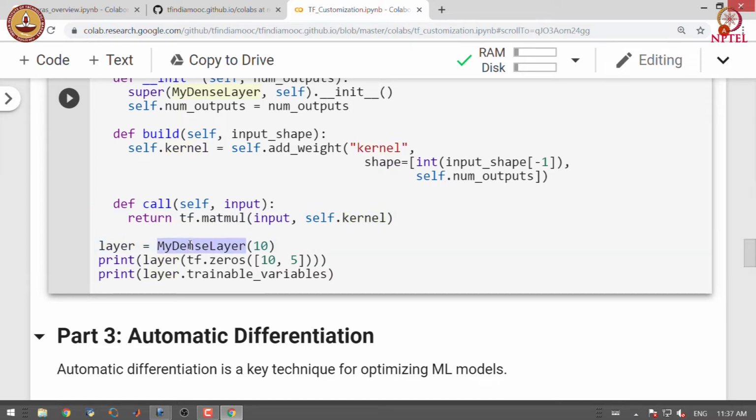Here we define MyDenseLayer with 10 units, and we pass the input shape of 10 cross 5 to the layer. Let us print the layer and the trainable variables.